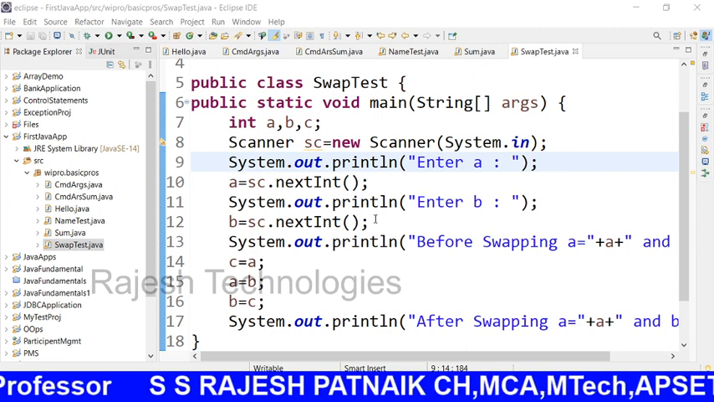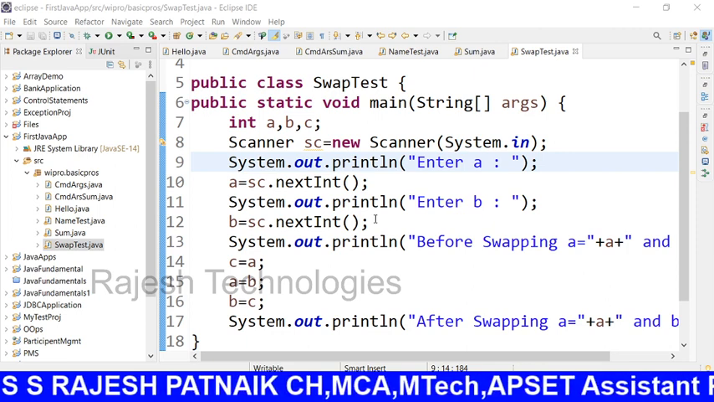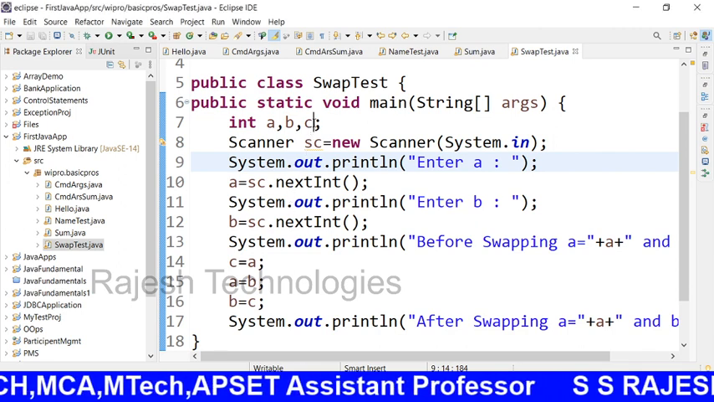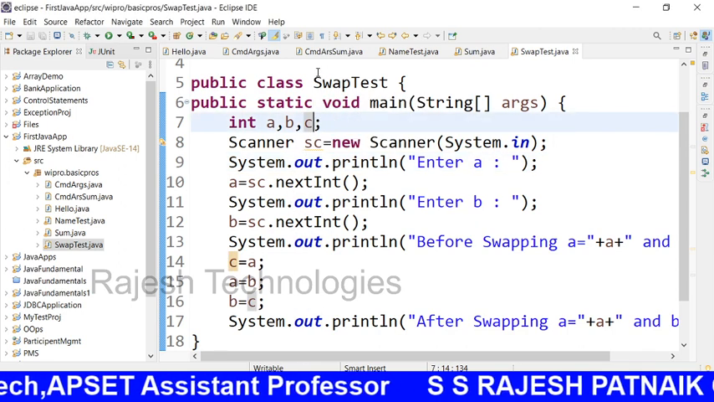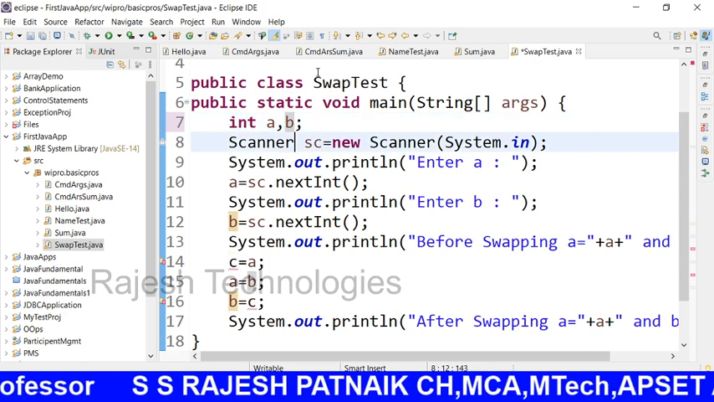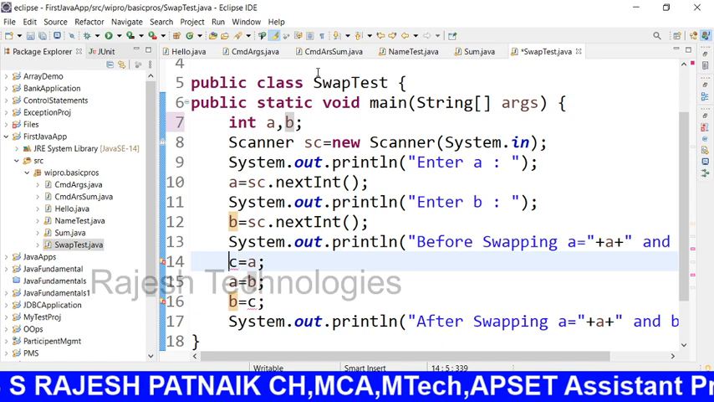Yes. Okay, students. So now, so many interviewers will ask without using a third variable. That means please remove the third variable like C. How to write a logic? So the logic that was written by